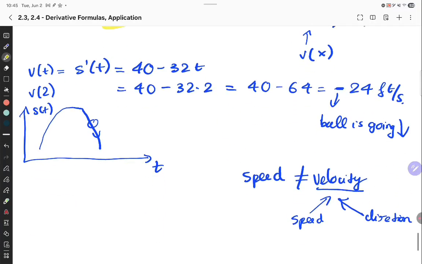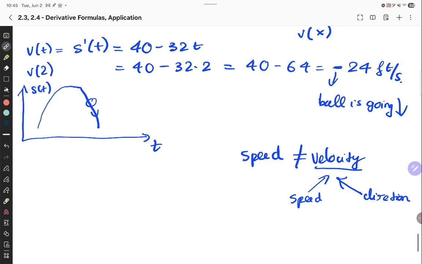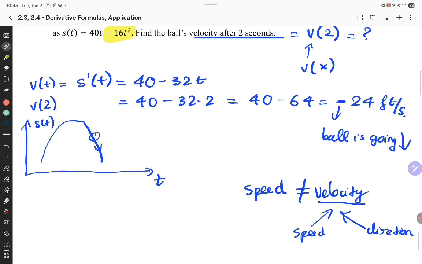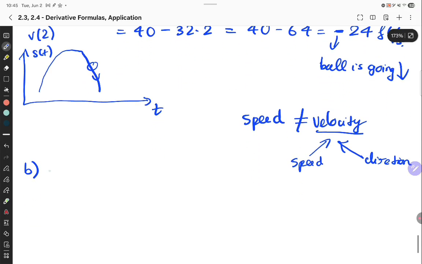I'm going to ask you this question. So part A, that is A. The velocity after 2 seconds, very easy. But next,